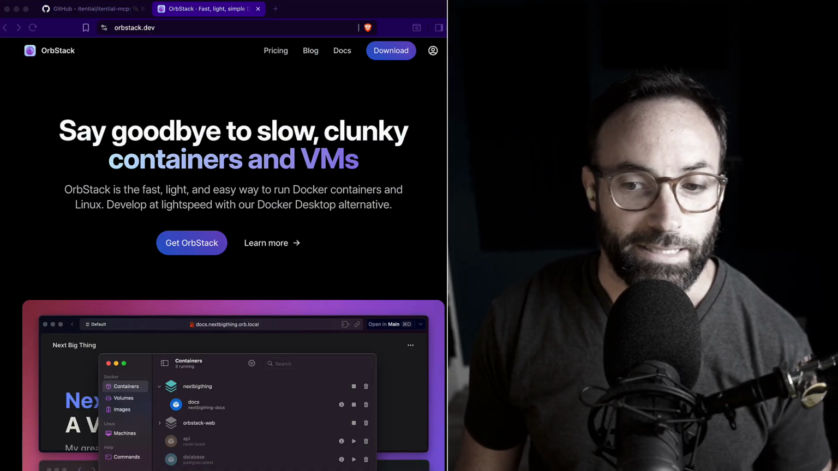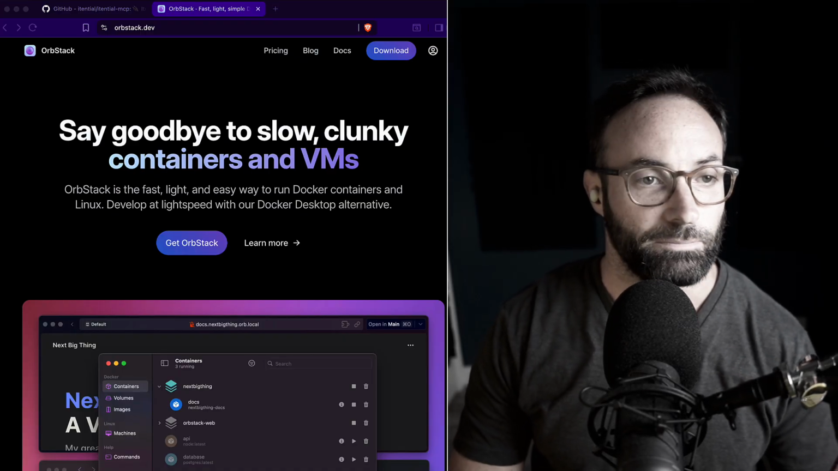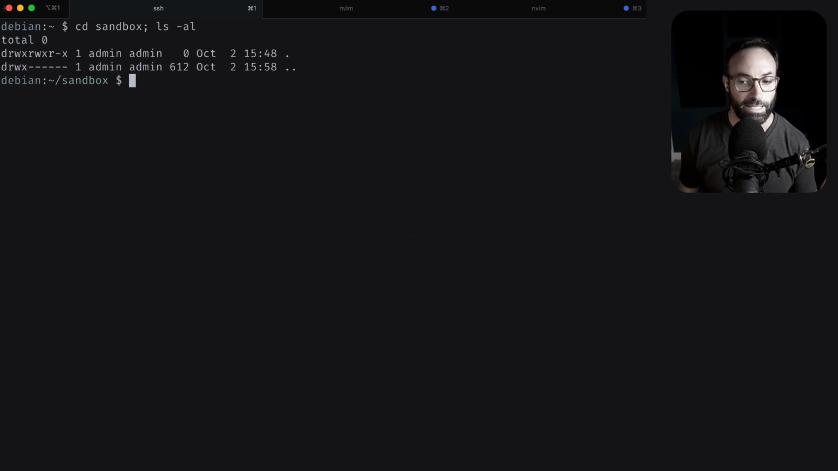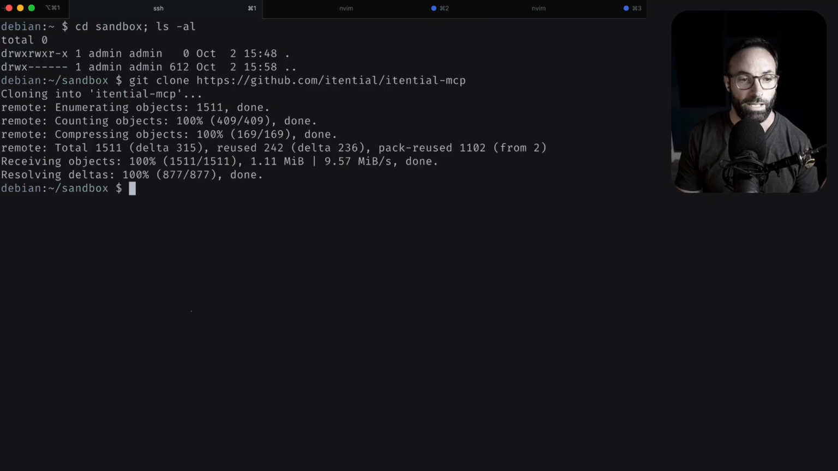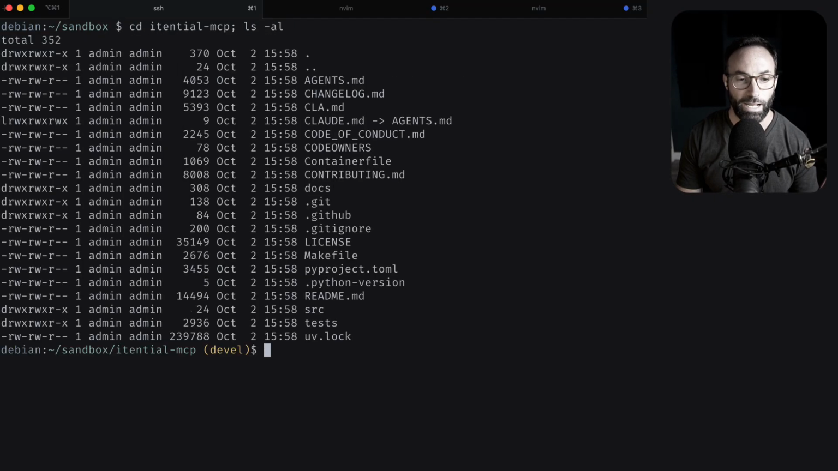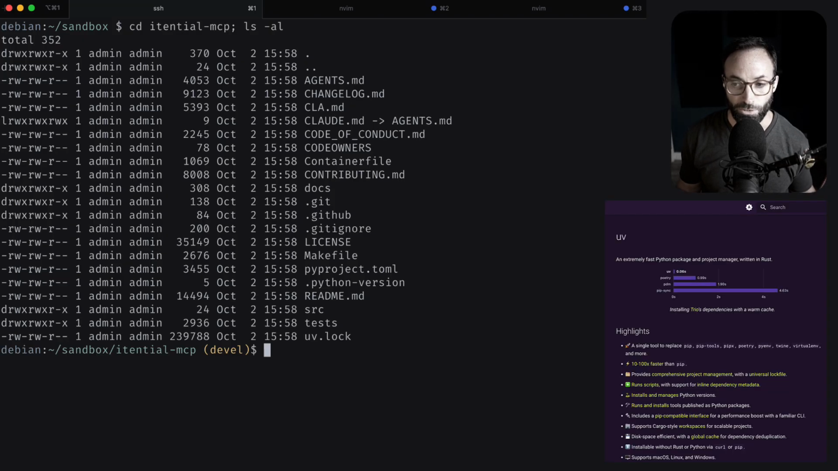So let's go ahead and connect to this VM that we're going to run the MCP server on, and change into my handy dandy sandbox directory. And let's go ahead and clone the MCP server. Okay. Here we go. Now, we use something called uv to manage this project,